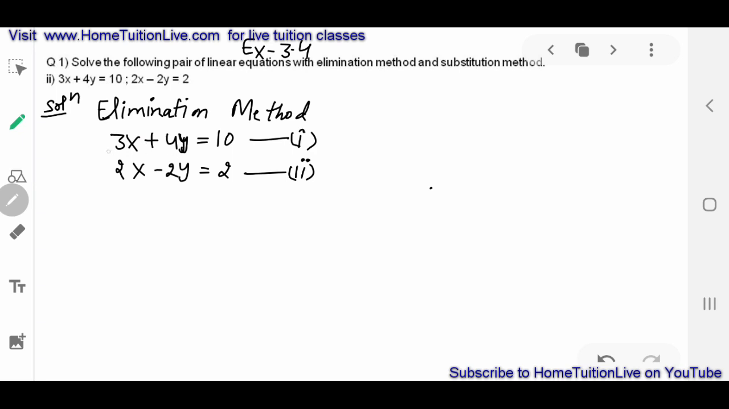These are the equations. 3x plus 4y is equal to 10. This is the first equation. 2x minus 2y is equal to 2, this is the second equation. Now in elimination method, we make the coefficients, either x coefficient or y coefficient, equal. So we will make the x coefficients of both the equations the same by multiplying